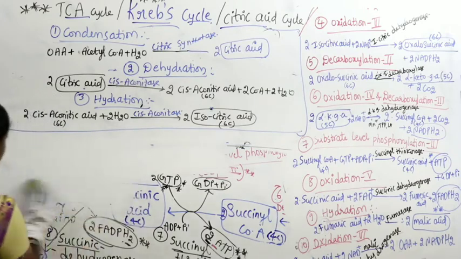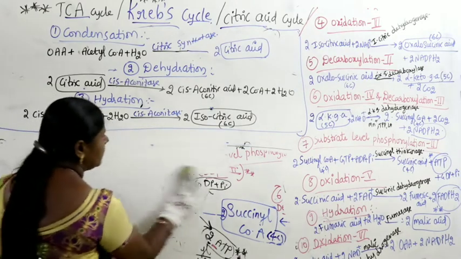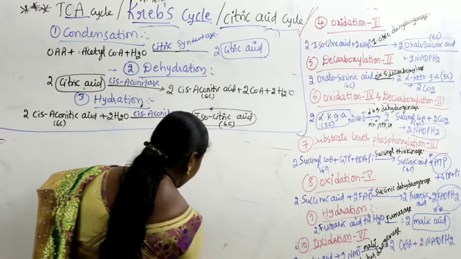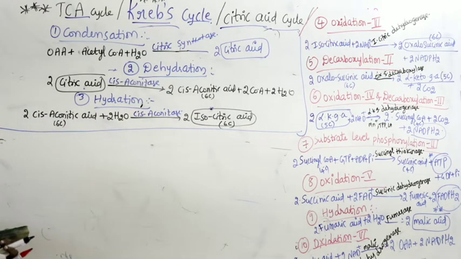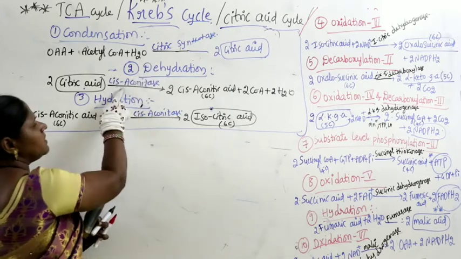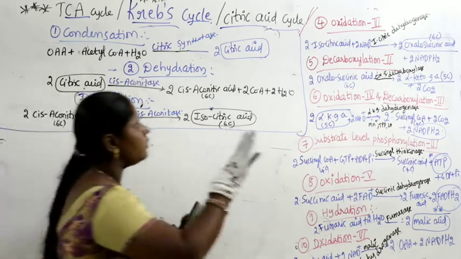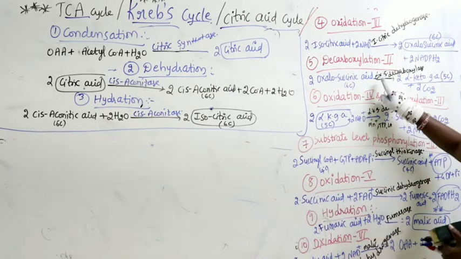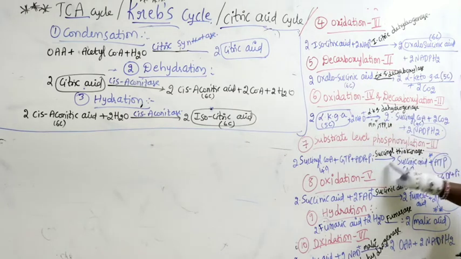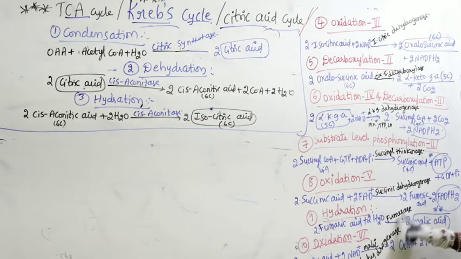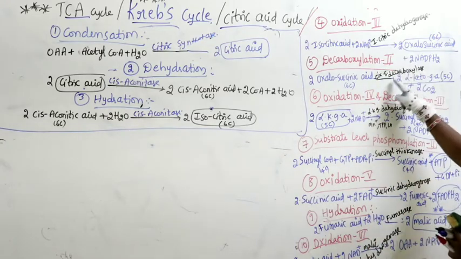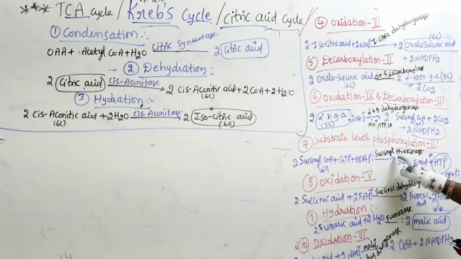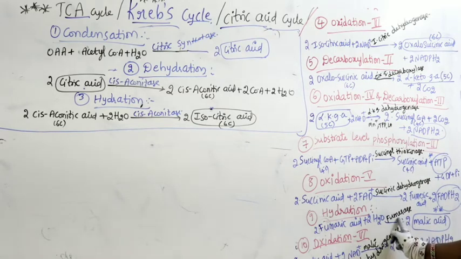Look at all the reactions that we have noted down. Now see the things to remember. Name of the enzyme: citric synthetase, cisaconitase. From the 4th step onwards, dehydrogenase will come at alternate steps. Dehydrogenase, leave one step. Again dehydrogenase, leave one step. Again dehydrogenase, leave one step. Again dehydrogenase. If you get it, what you have written is correct. Similarly, in between you find decarboxylase, succinyl thiokinase, fumarase. Alternate things you have to remember.